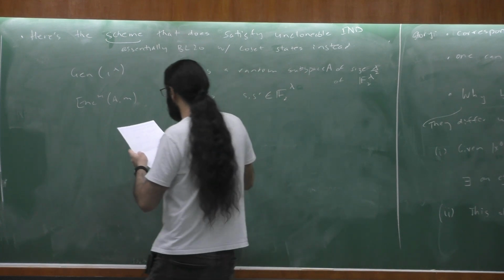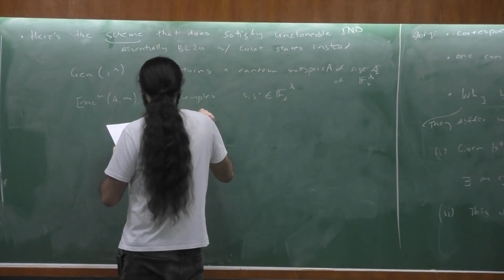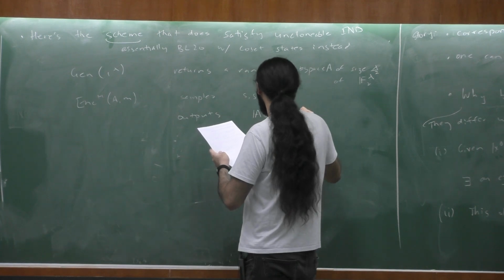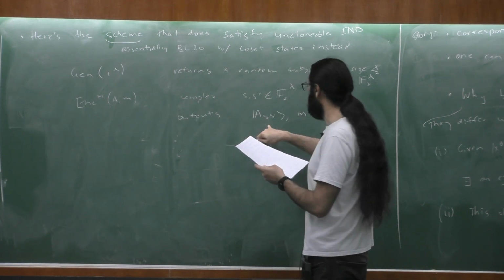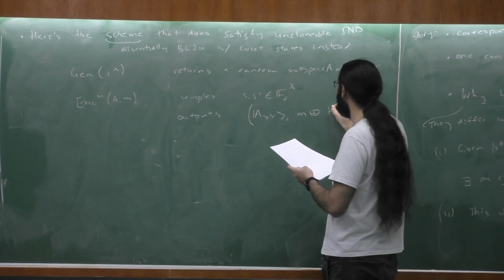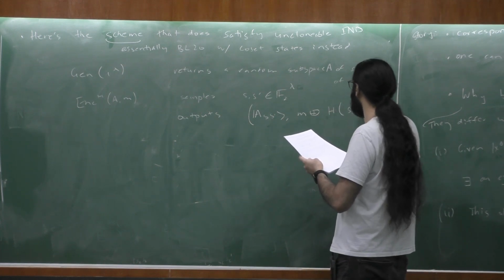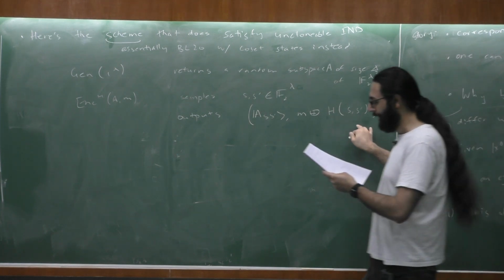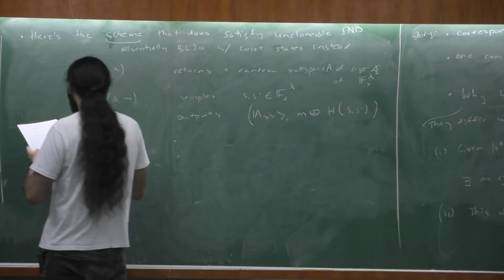There's no A, I think I just messed up. And outputs the coset state A_{S,S'}, the unclonable state, together with the message XORed with the random oracle, but now there's no alpha. Somebody was asking about alpha, right? Yeah, there's no alpha now. That's the scheme. And decryption is